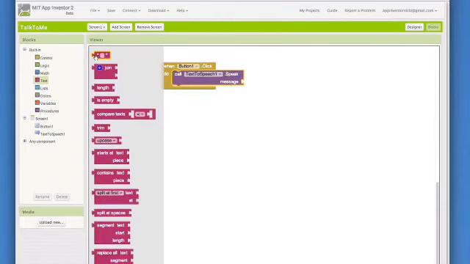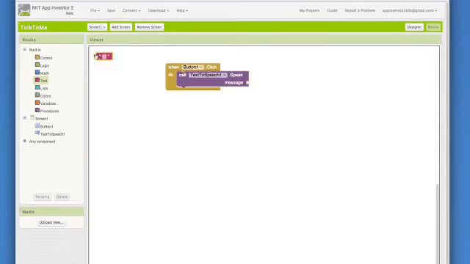Take the blank text block and bring that over. Click it right into the TextToSpeech.Speak block. Another click will be there. Now click on that empty text block and type Congratulations. You have made your first app.